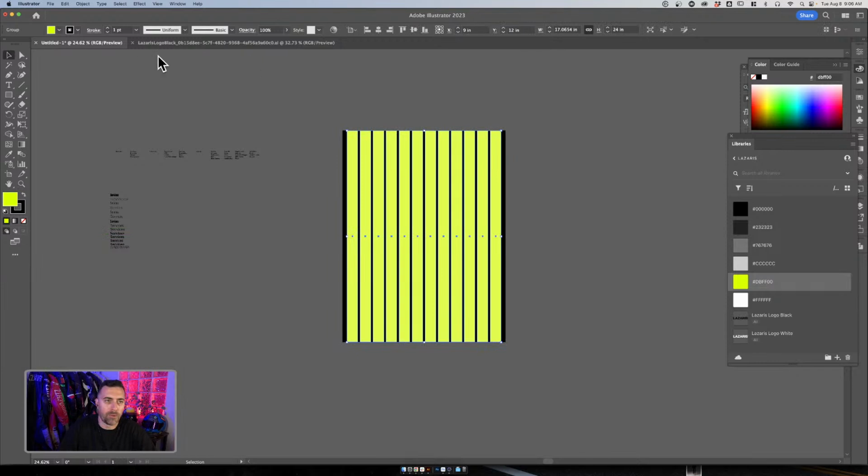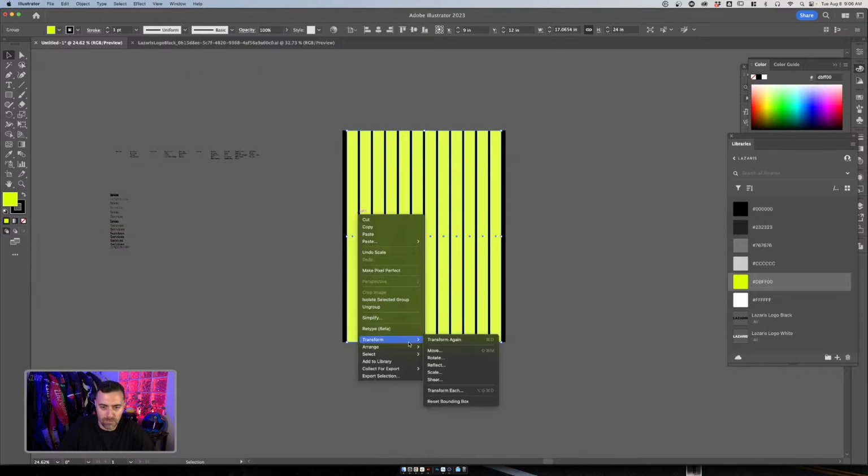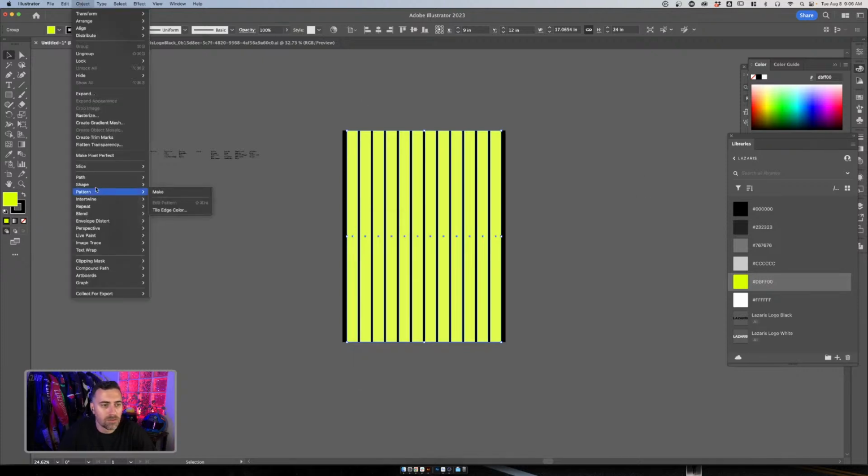All right, so now what I can do is right click on it, and then I think it's Object, Path, Guide. Always forget where things are on stream. Let's see here.